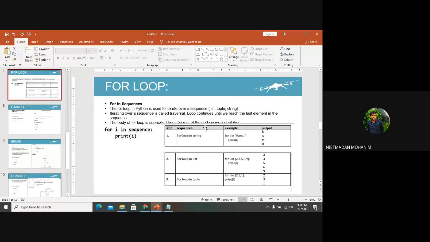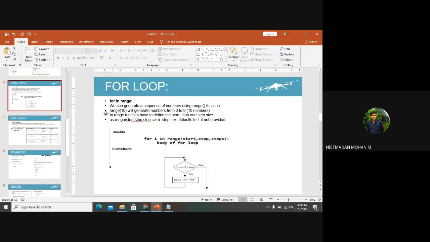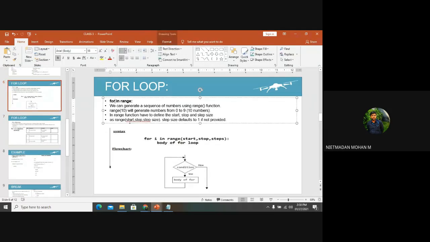For loop in the sequence, we will discuss this sequence in the upcoming illustrative problem. So first, what we have done is we have discussed that for in range, the start and stop point want to be mentioned. In case you need to mention a step size, we can give the step size also. If you are not representing the step size, then the compiler will automatically take that step size as 1 if you have not provided. So starting point and ending point want to be mentioned clearly for this particular loop.